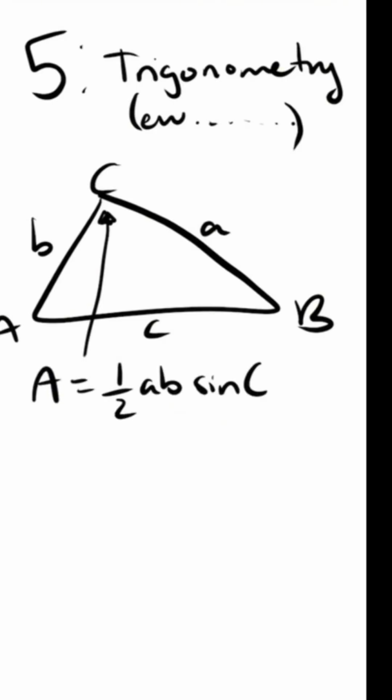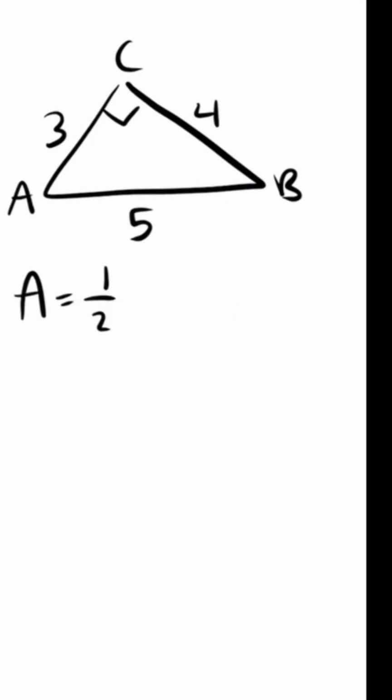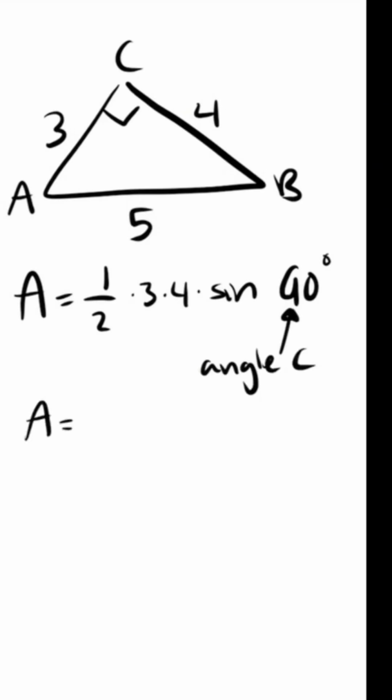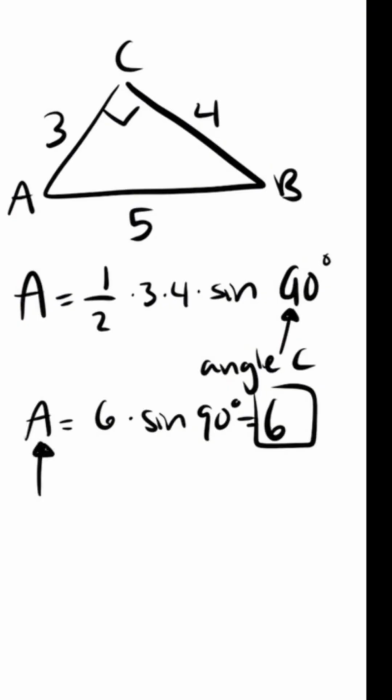So for example, if we had a triangle with sides 3, 4, and 5, as said, this is a right triangle, but we can also use this formula as well. The area of the triangle would be half AB, which would be 3 times 4 times sine of angle C, which is 90 degrees, and then multiplying this would get 6, which is the same as if we were to use